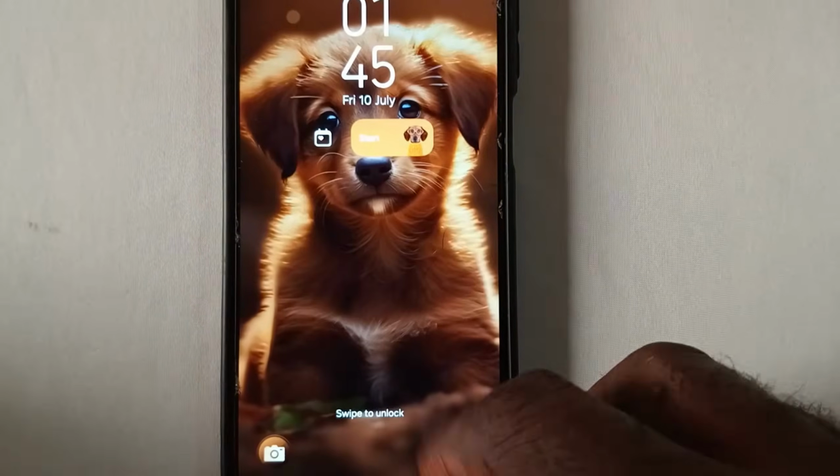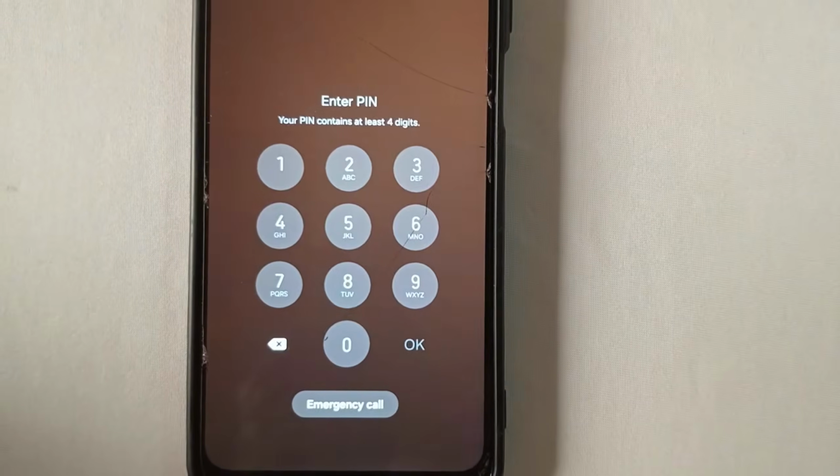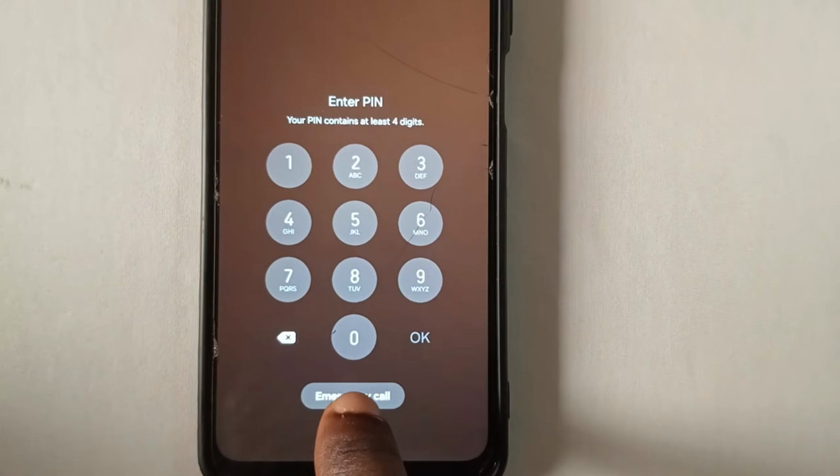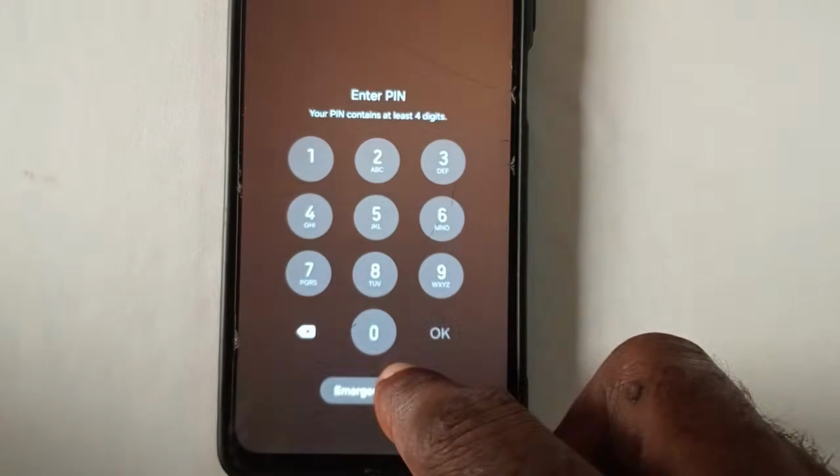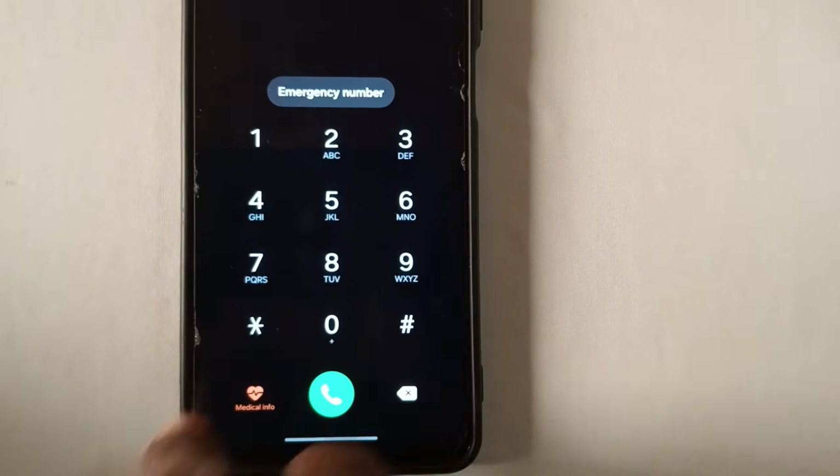So if you waited minimum 30 seconds, let's proceed to the next steps. And the next step is to go back to the emergency call area. Tap on emergency call here and dial